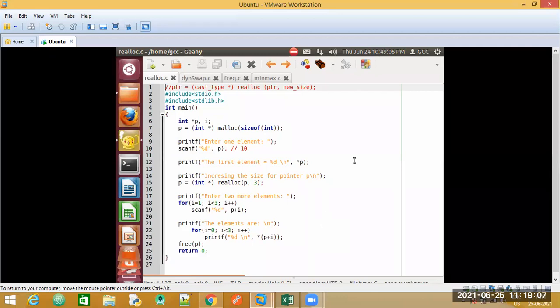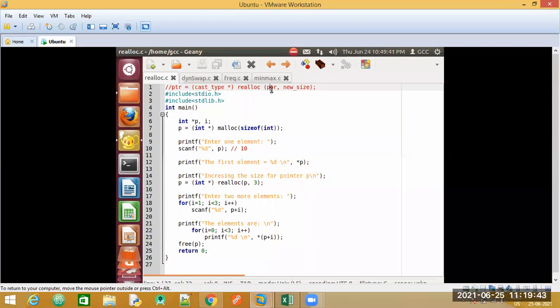Have a look at the syntax here. I have mentioned it in the comments. The syntax is pretty much the same. We make use of a pointer variable that is pointing to the memory location, then the cast type, then the keyword realloc. Realloc indicates that whichever memory location was being pointed to by this pointer is now going to be reallocated, meaning the size is going to increase or decrease.